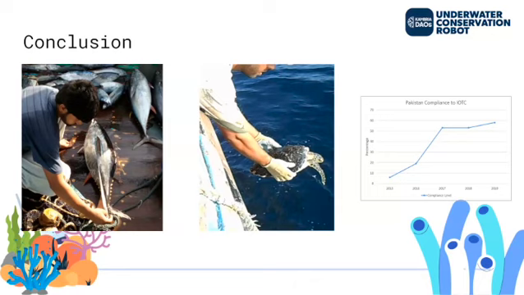Through this data, whatever is collected, verified, and communicated to the government of Pakistan, is ultimately reported back to the IOTC, the Regional Fisheries Organization, which helped Pakistan as a country increase its compliance of reporting back at species level from its tuna fisheries. It increased from 5% to almost 60%.